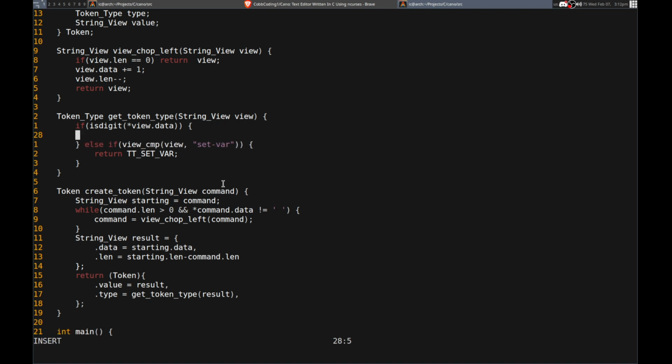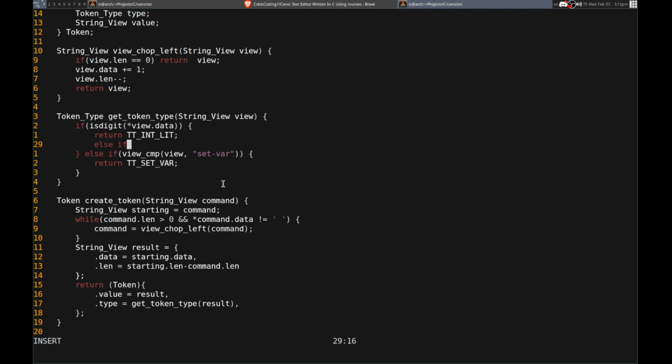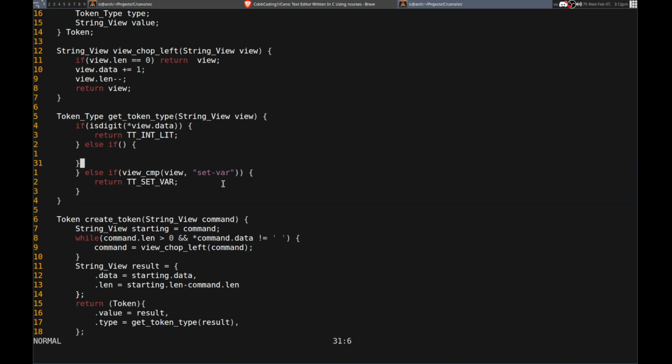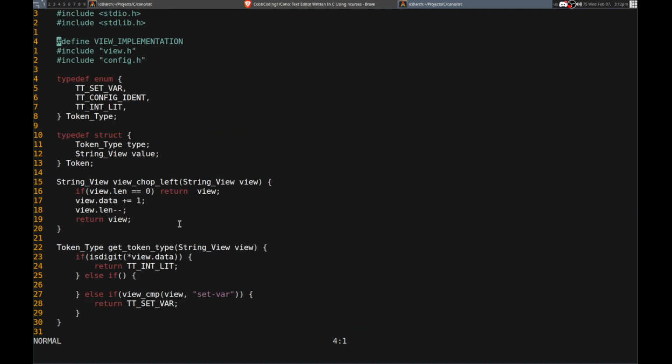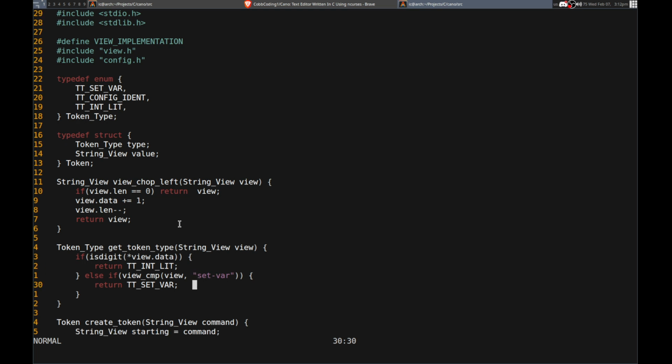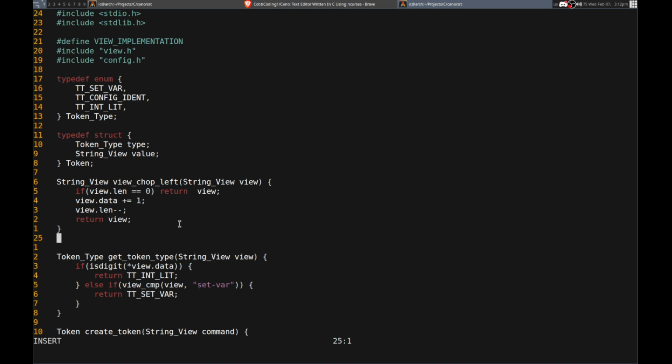Then we'll return TT literal, right? Anything else here? Else if what is the other one? So if it is a config. So actually, we don't want this. So if it's not an integer and it's not any of the built-in keywords, so for now we just have this. I would like built-in keywords to basically